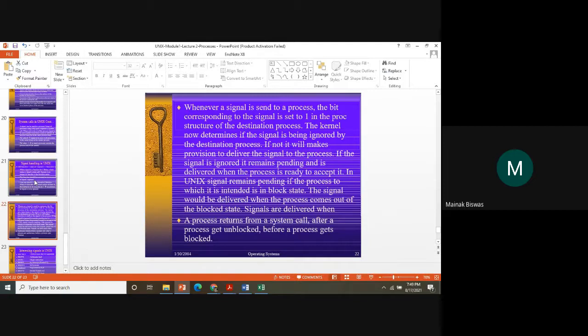Process can ignore that signal. If not, it will make provisions to deliver the signal to the process. If the signal is ignored, it remains pending and is delivered when the process is ready to accept it. যখন ওটা সিগন্যালটা অ্যাকসেপ্ট করার জন্য রেডি থাকবে তখন ও অ্যাকসেপ্ট করবে।